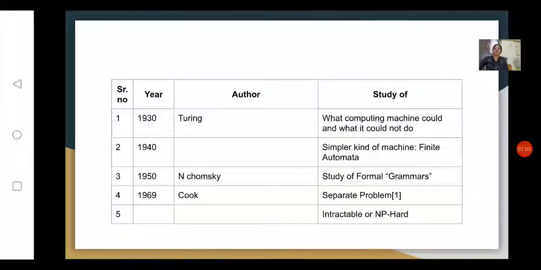Then in 1950, Chomsky studied formal grammars. Then in 1969, the scientist named Cook explained the study of what a computing machine could do and what it could not do, what could not be computed. Cook was able to separate